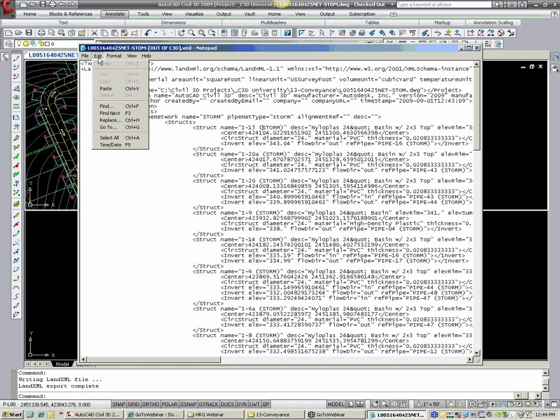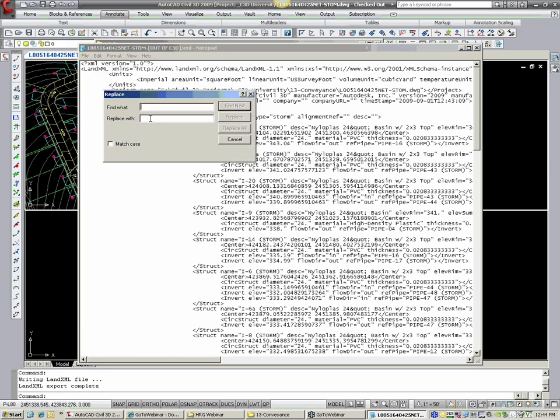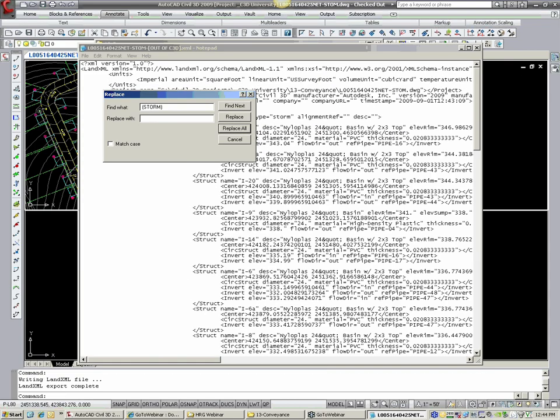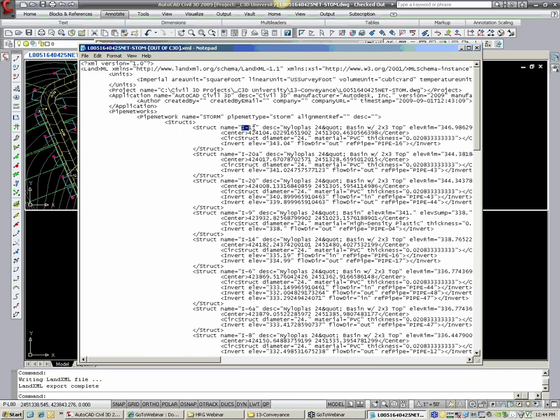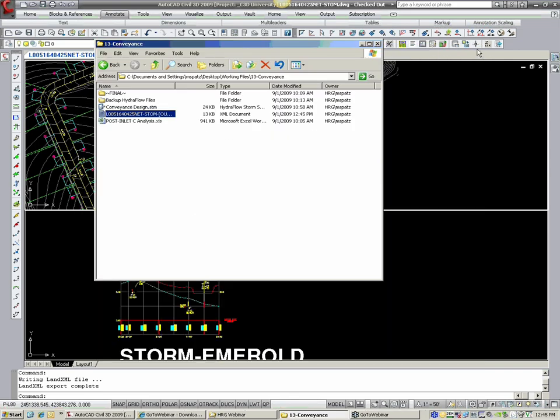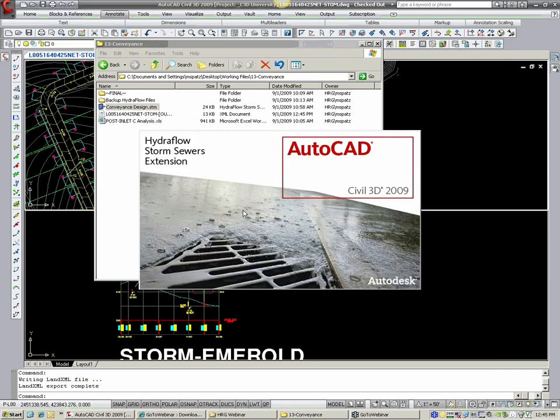The easiest way to do it is just go up to Edit, hit Replace, and I'm going to do space, bracket, storm, bracket, okay? Make sure to include that space up front there. I'm going to replace it with nothing. Hit replace all. Goes down through the entire doc, and you can see now this just says inlet 15. So that's what you want to make sure you have is, between the quotes there, you want to have just the inlet number. Go ahead and save that XML, close it, go back into HydroFlow,